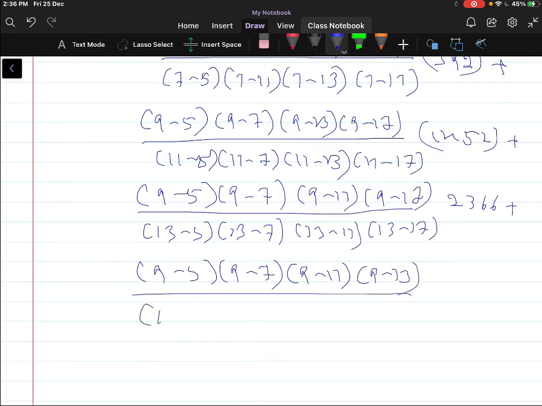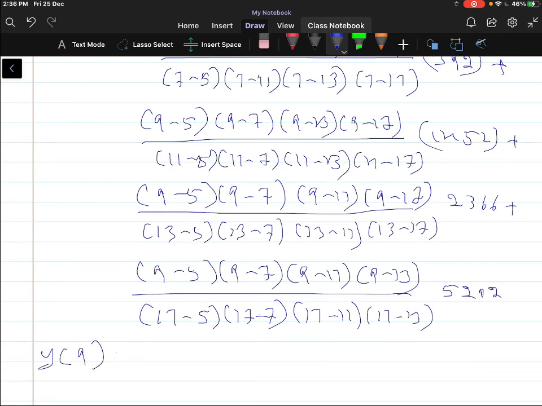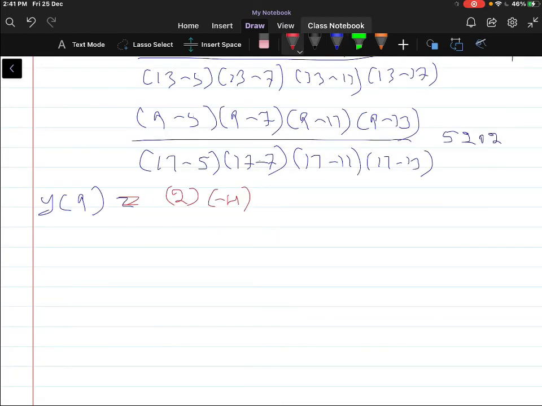9 minus 5 into 9 minus 7 into 9 minus 11 into 9 minus 13, then you have to subtract from the point 17: 17 minus 5, 17 minus 7 into 17 minus 11 into 17 minus 13 into 5202. So this implies y of 9 is equal to